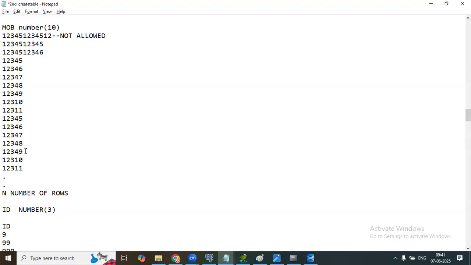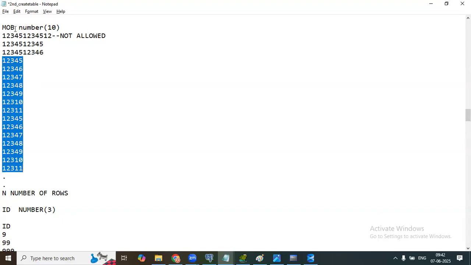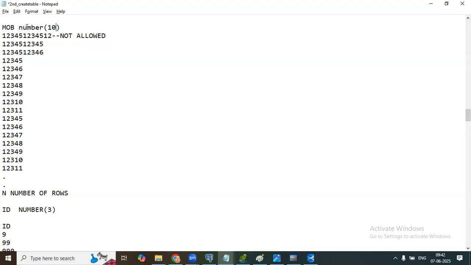Arjun, you are saying less than 10 will be accepted, but this is wrong. Any number with more than 10 digits is a wrong number, and less than 10 is also wrong. This should not be accepted, but the data type will not check that. It takes up to 10 and accepts it; more than 10 it will not accept. Then how will you restrict this, Arjun? How will you correct it?